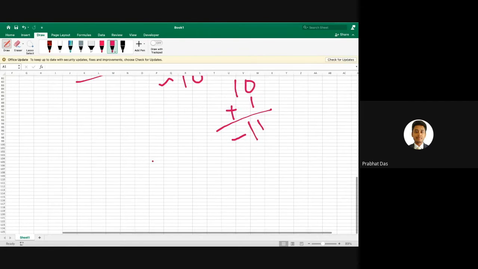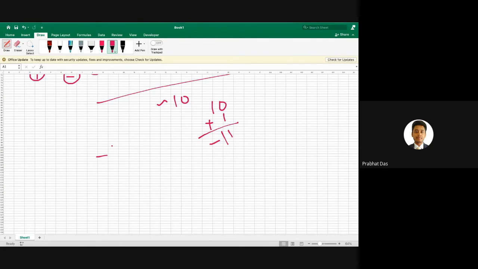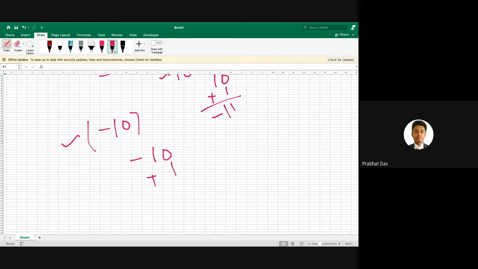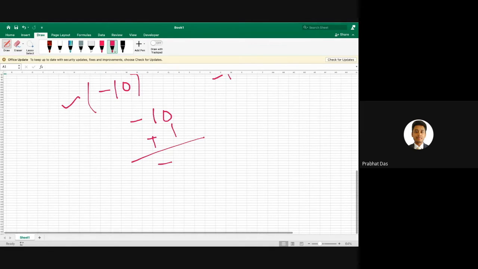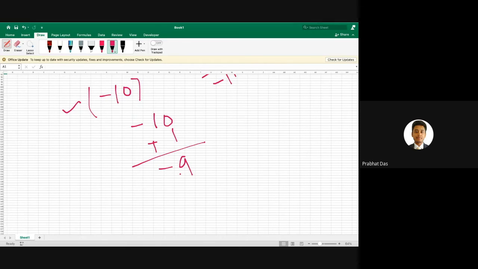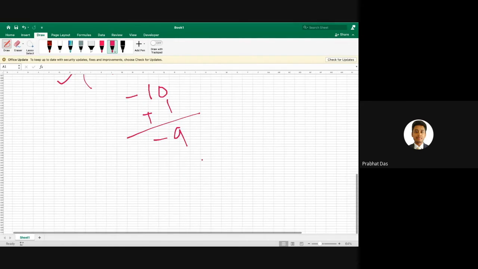So what if we have a negative value? Let's say minus 10, and we are performing unary not on minus 10. As I said, the value of 1 will get incremented first. If we perform minus 10 plus 1, we are going to get minus 9 over here. Then if we perform the conversion of the symbol, the minus 9 will get changed to plus 9. So in the output we'll be getting plus 9.